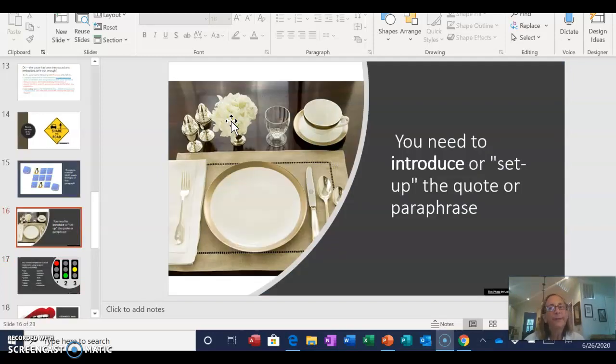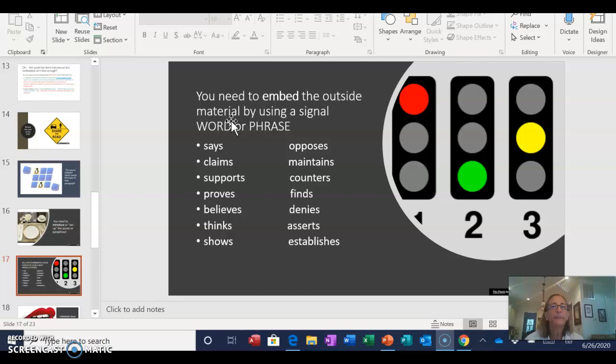And of course, it needs to be introduced properly, correct? A lot of times a setup for a quote isn't just merely a phrase. You might have an introduction of several sentences before you get to any outside material whatsoever. So the embedding comes with signal words or phrases, right? And this is just a very partial list. There are countless others, but these are very typical ones that you would use within a research paper, particularly an